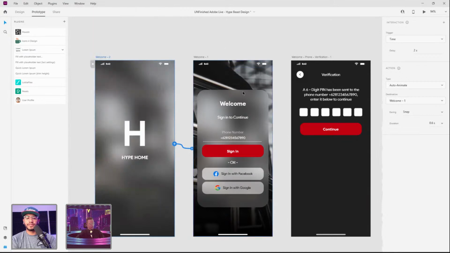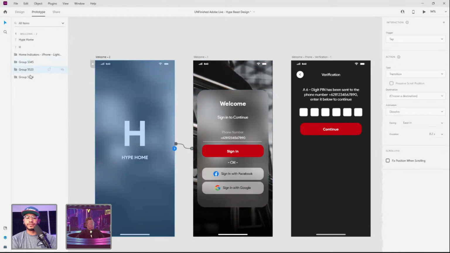If we want to take it another step, I want to explain why it's doing that. It's because if we go to our messy layers and we go to group 5,520,